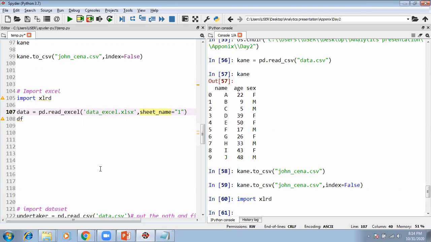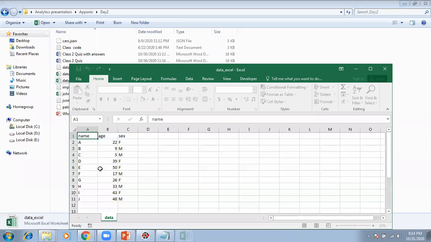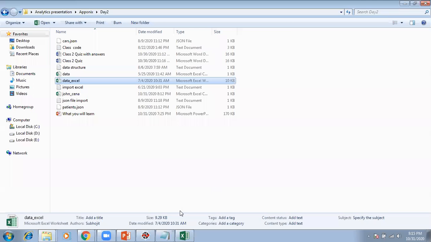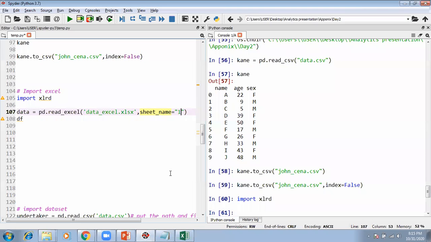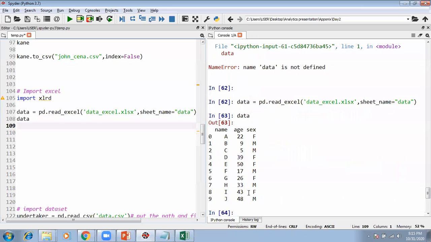And there has to be a sheet name. Why? Because in CSV by default it's going to have only one sheet. You don't have multiple sheets in CSV, but in Excel you do have multiple sheets, right? So if I don't write anything, by default it's going to import sheet one, but it's better to put the name of the sheet, which is called data. So you can write sheet underscore name equals to data, and I am saving it as data. Presently if I check data, there is nothing defined as data, but as I import it, now I have data, all these data sets.